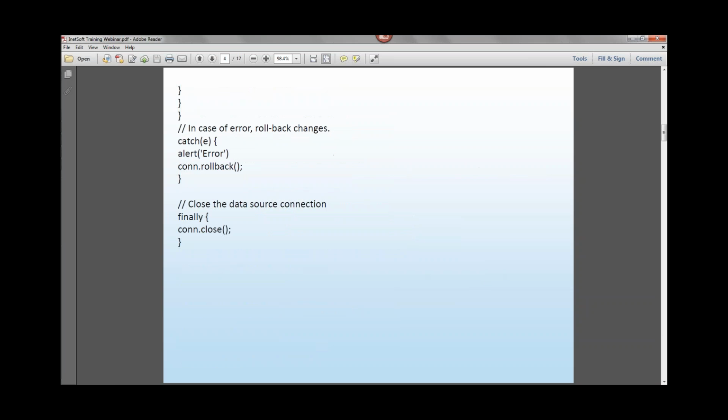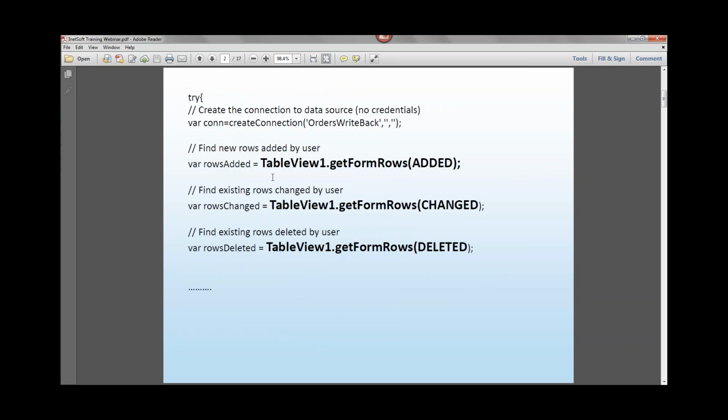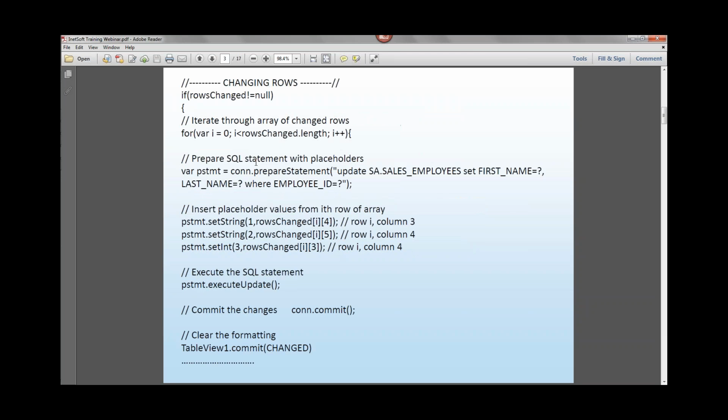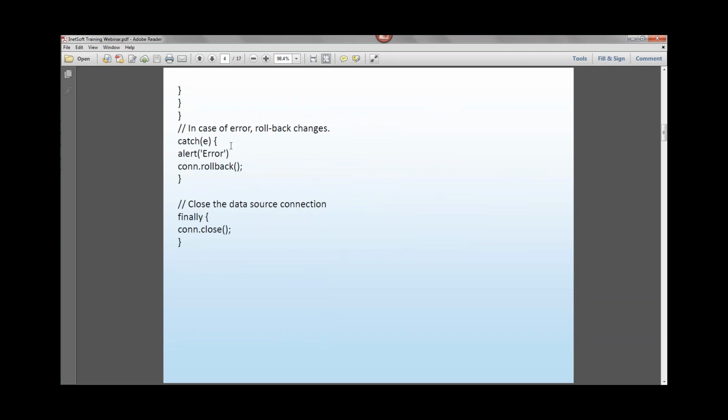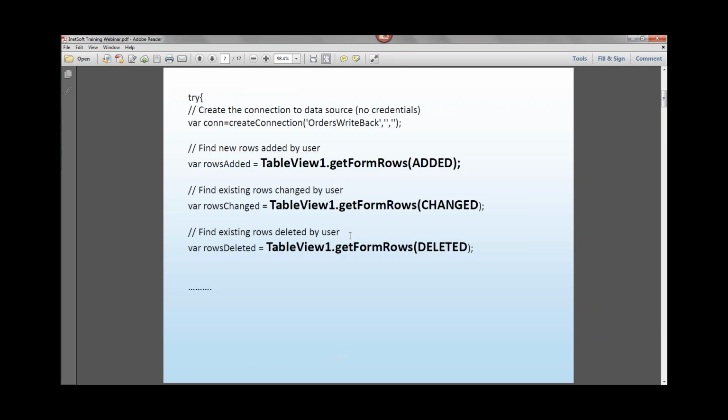And there's one more thing. There's just a little bit of additional housekeeping. Here we basically see, was there an error that occurred in the try block? Remember that the try block begins up here, right? So everything that we've looked at here is in the try block. So if any of that fails, then we can execute some additional logic here, roll back any changes, and then close the connection at the end. And so that's a very basic look at how you would do this, how you'd write back to the database.